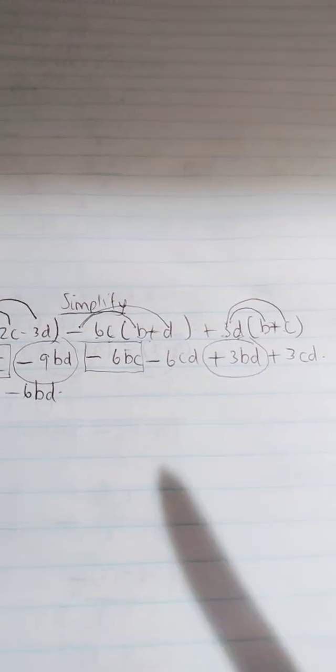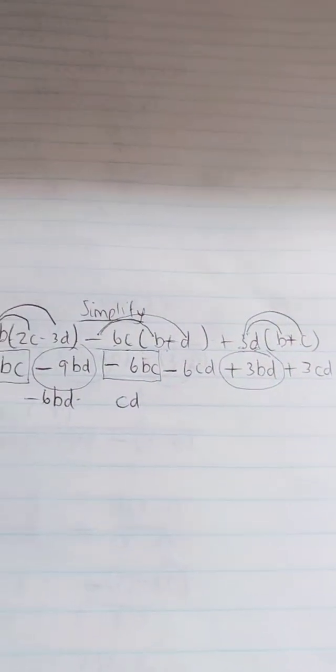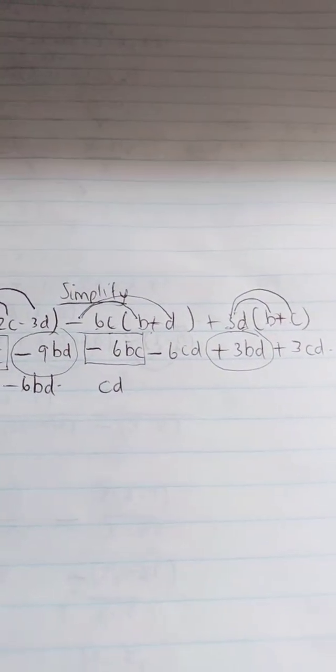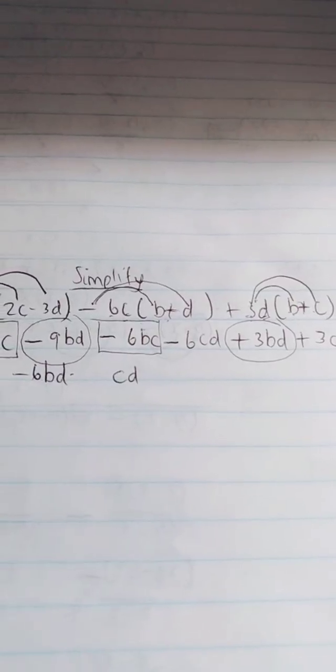Sometimes I do this just so that we know who's the like term with who. 6BC minus 6BC, that's 0. Negative 9BD plus 3BD, that's negative 6BD, that's 100% correct. Then you look at negative 6CD plus 3CD. What's the answer there? We definitely know that the CD is going to be there. The question is, what will be the number? Negative 6 plus 3, that gives us